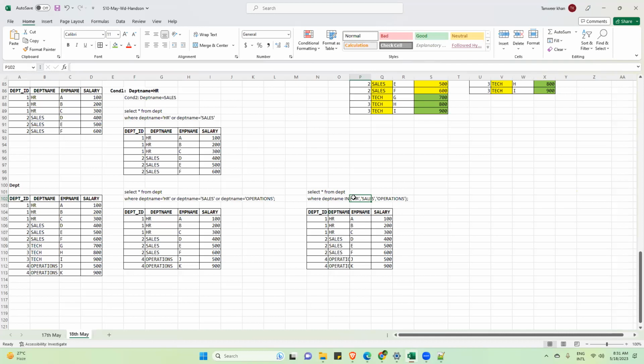Okay. So we are getting the same output. So instead of writing the same condition multiple times, you can use the in operator, and whatever you're searching, you can write it here. Is this clear?